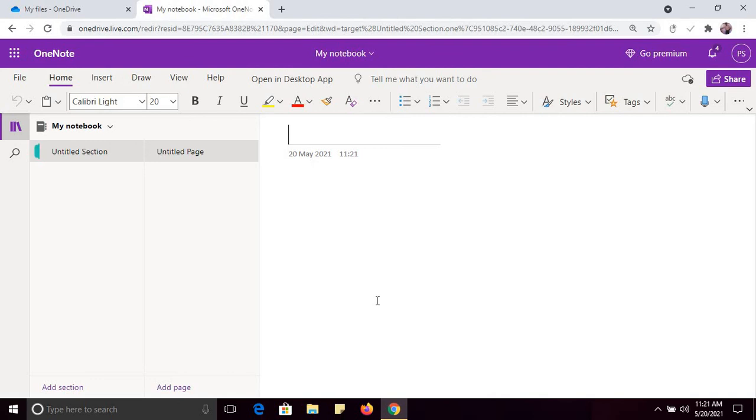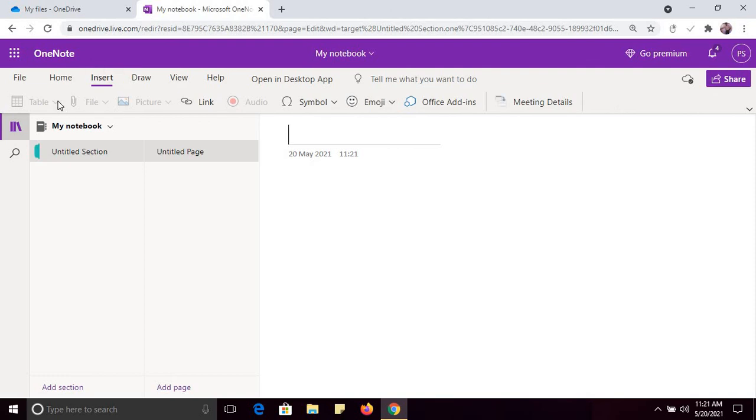So this is my notebook. Here you can type, you can store your information, you can insert. So you must try this notebook also. It is very helpful. You can add sections, you can add pages to this notebook. If you want to draw something, you can draw. For example, I have selected a pen of red color and I want to draw something.